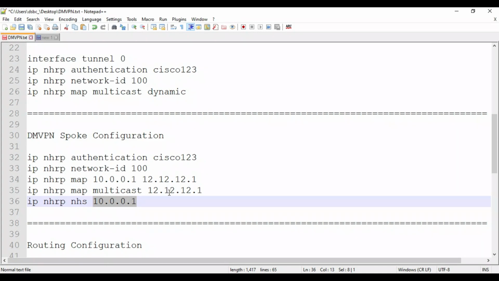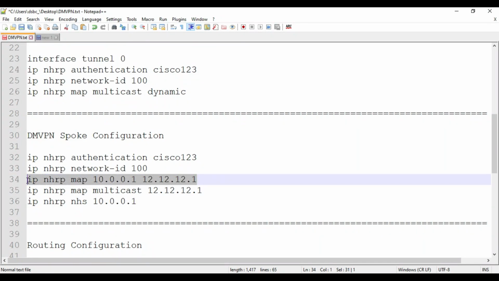This is essentially telling the spoke the IP address of the next hop server, who is the hub. This is important because remember right here, we're only giving him a static mapping for the hub. When he tries to do the resolution for the other spoke's tunnel IP to the NBMA address, he's going to generate an NHRP request, and that NHRP request has to be sent up to the next hop server, which is